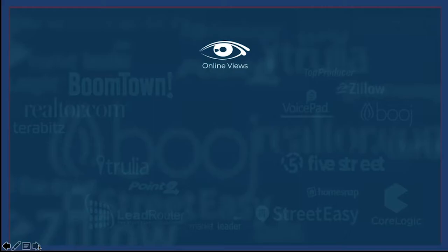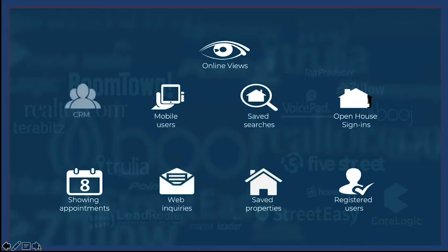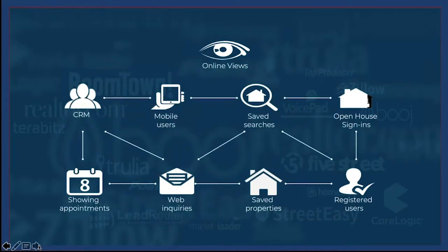And we're looking at things like online views on your listings on your local brokerage website, open house sign-in, showing appointments, save properties, mobile searches, save searches, web inquiries, data from your CRM. We're taking all of this data out of their silos and doing the same thing that Amazon's doing. We're connecting the dots, which is helping power the 3 use cases that we're talking about